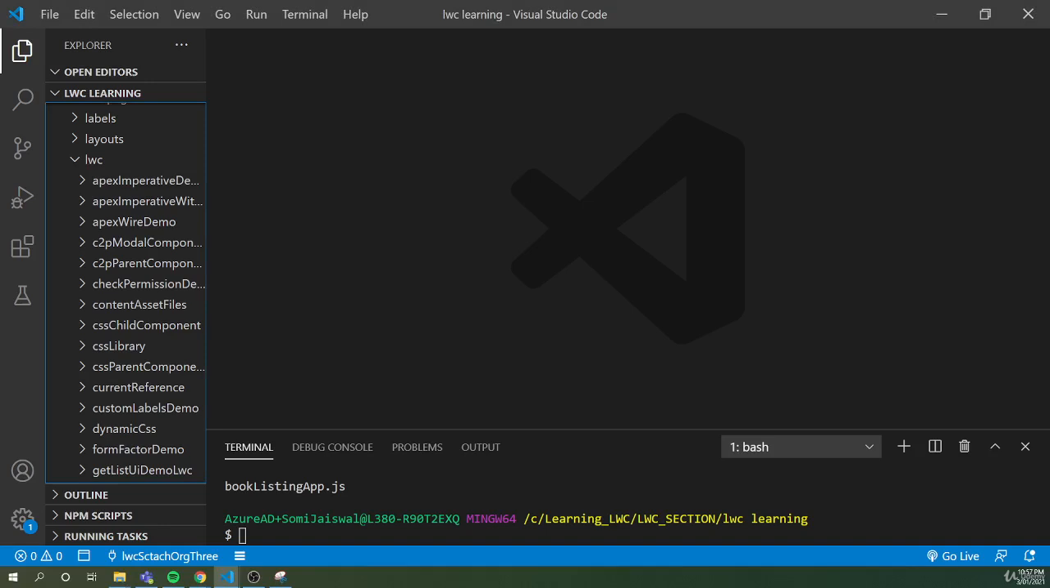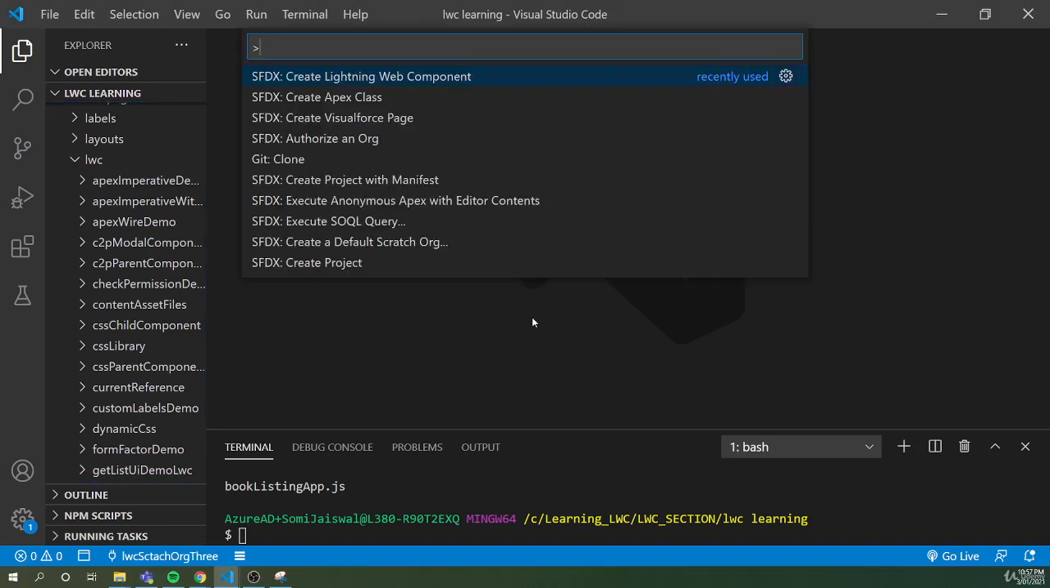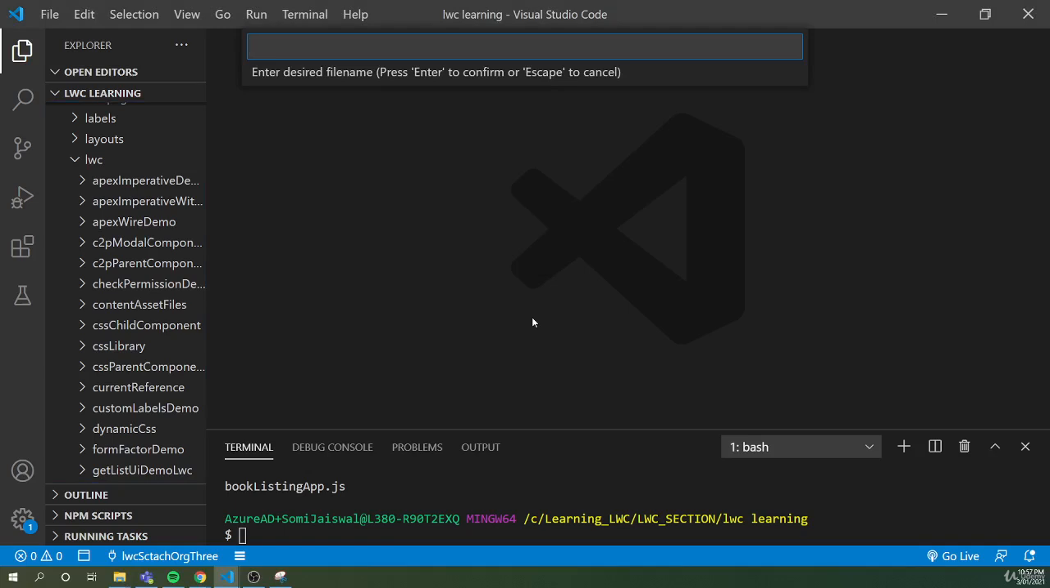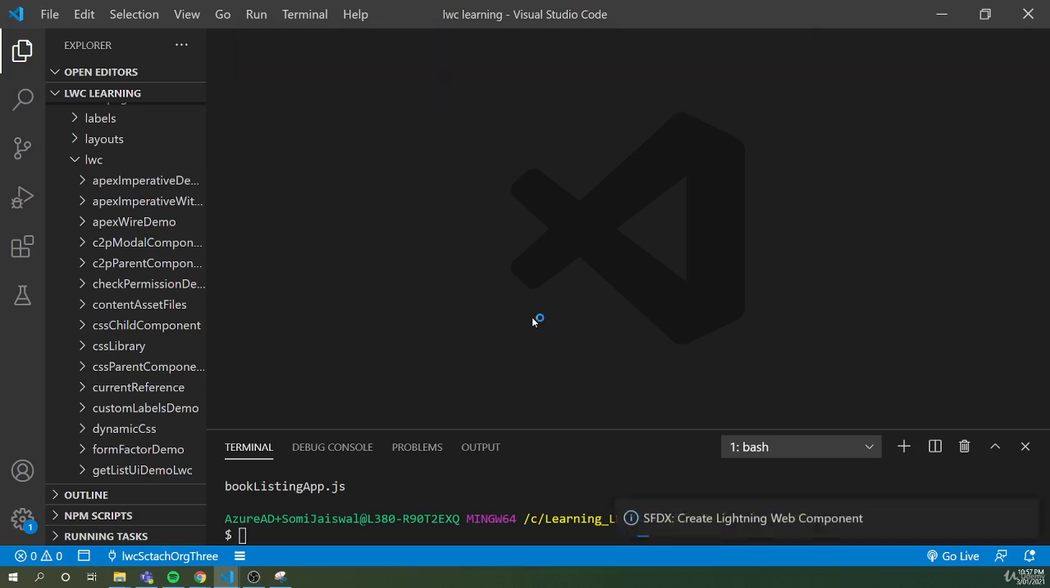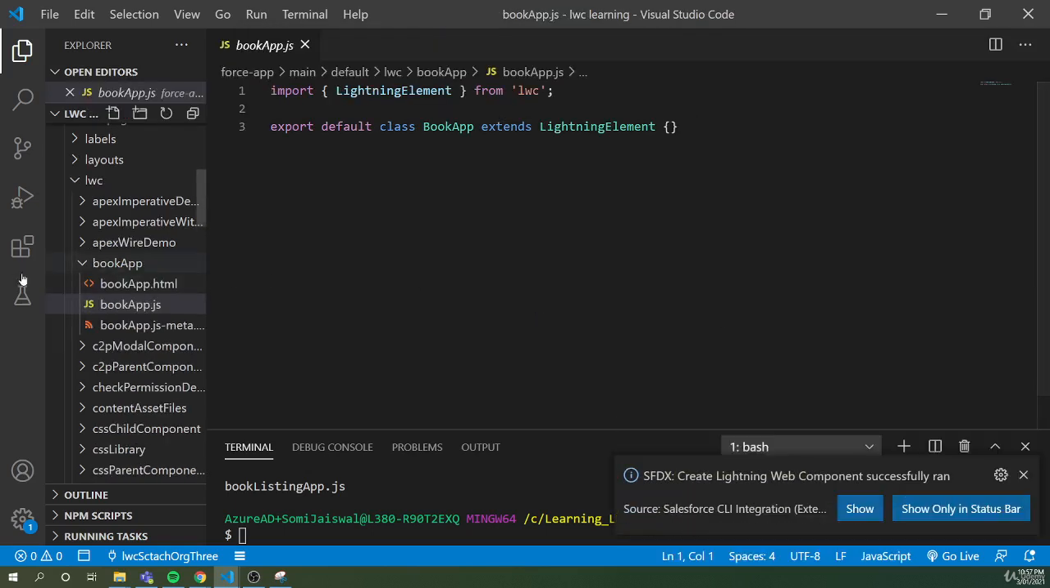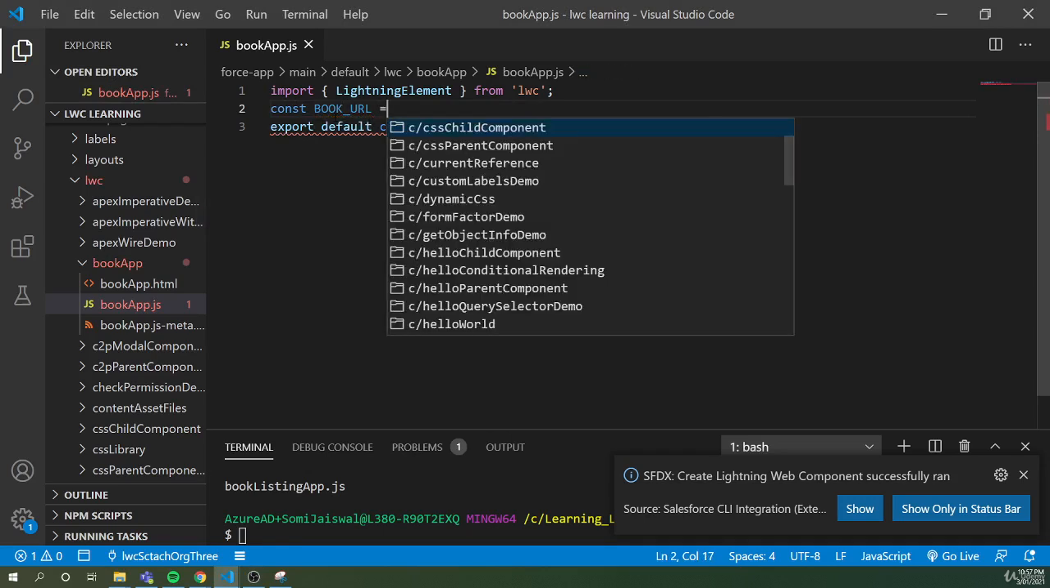So now I'm in my VS Code. Let's create a component. Let's give some name to the component, book app. So the component is ready. The first step is to write the URL that we're gonna use. So we'll say const bookURL equal to